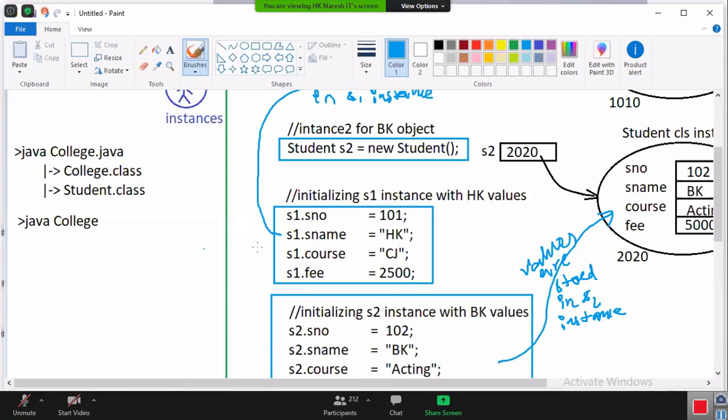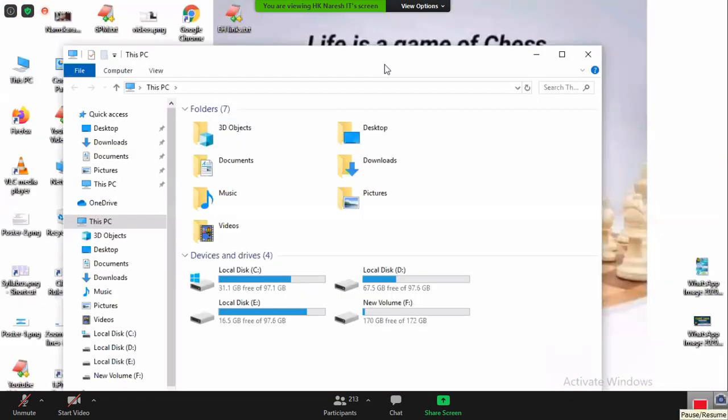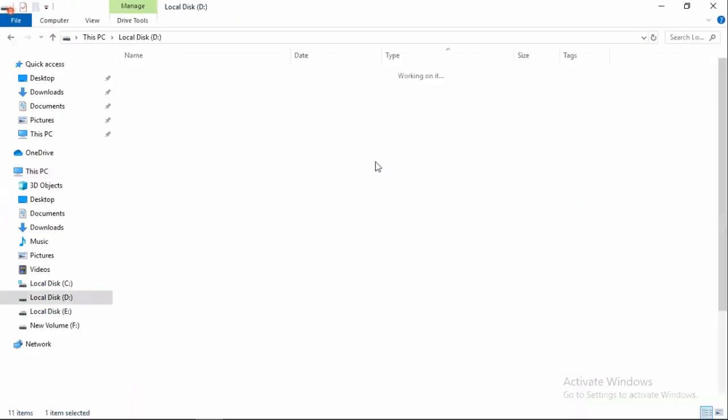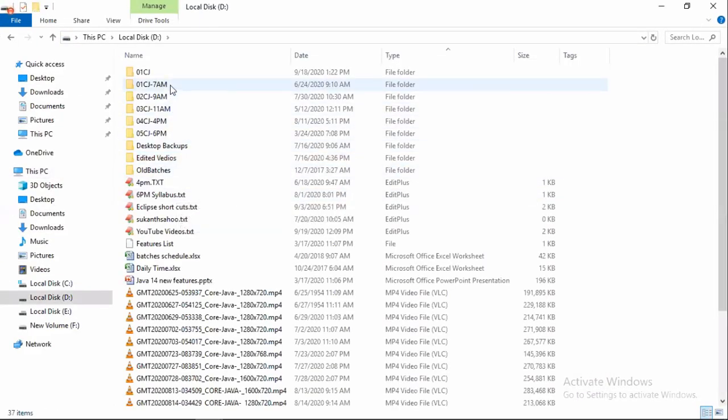Both the classes you have to save, as 2 Java files.